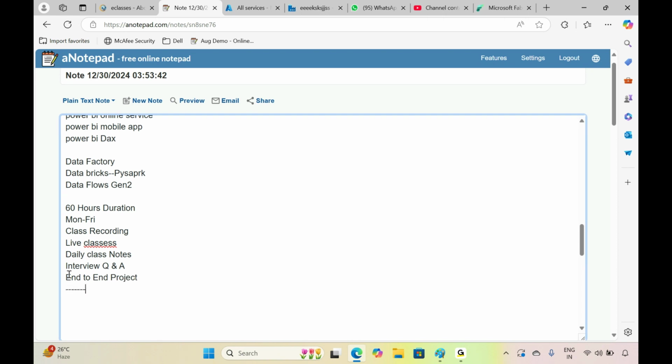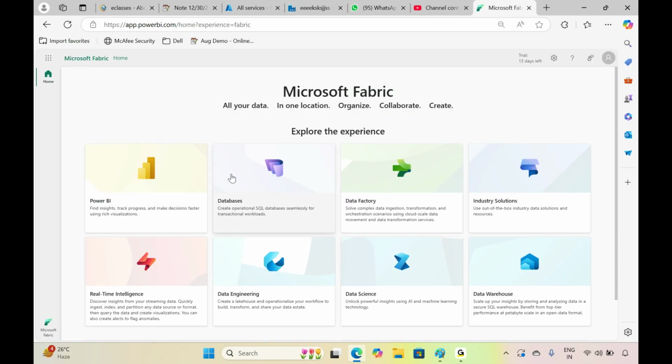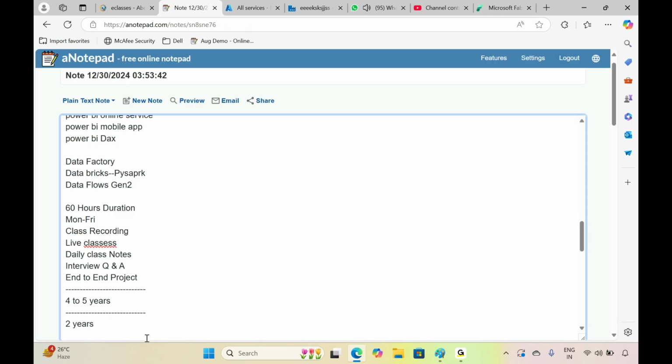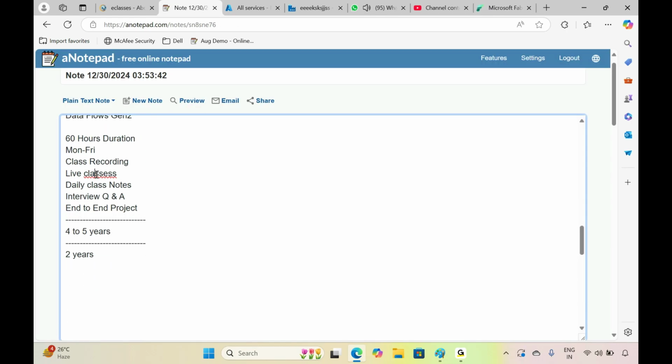After completing this Microsoft Fabric course, how many years of experience jobs can I apply for? You can apply for 4 to 5 years of experience. This Microsoft Fabric has been in the market for the last 2 years, but Power BI was there earlier. Microsoft Fabric capabilities were all introduced in the last 2 years only inside Power BI. But Power BI is from the last 10 years. So we will design your profile starting from the beginning of your career with Power BI. Later you have been working for the last 2 years with Microsoft Fabric capabilities. This is how we can design